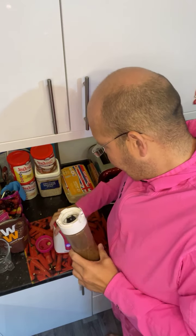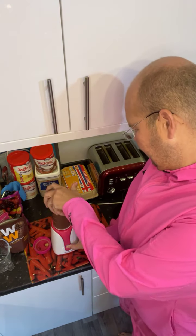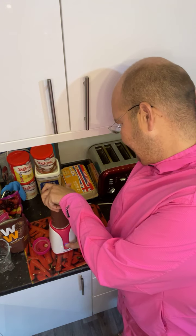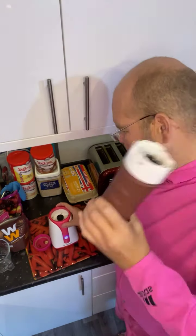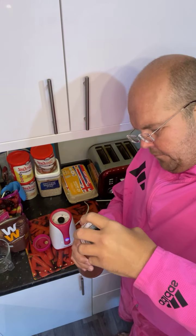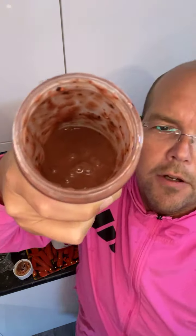So what I'm going to do is turn that on. And then we're going to blitz this and pray that it's not going to taste bad. I like to give it a little shake in between because sometimes the big strawberries get in the way. And this is what I had yesterday. You can see there's a nice red colouring now because those fruits were frozen. It's lovely and ice cold. So just have a quick look at the consistency. You can see it's very smoothie like,